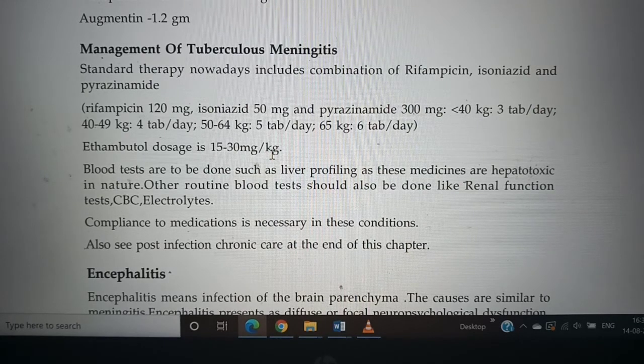Medication should be complied with by patients with tuberculous meningitis, because one of the common problems, just like in leprosy, is that because it's a long duration treatment, they do not comply with the medications. They take the treatment and after a few days they stop taking it. So they have to be counseled, and we should make sure that they comply with the treatment. The standard management of tuberculosis is also given for tuberculous meningitis.